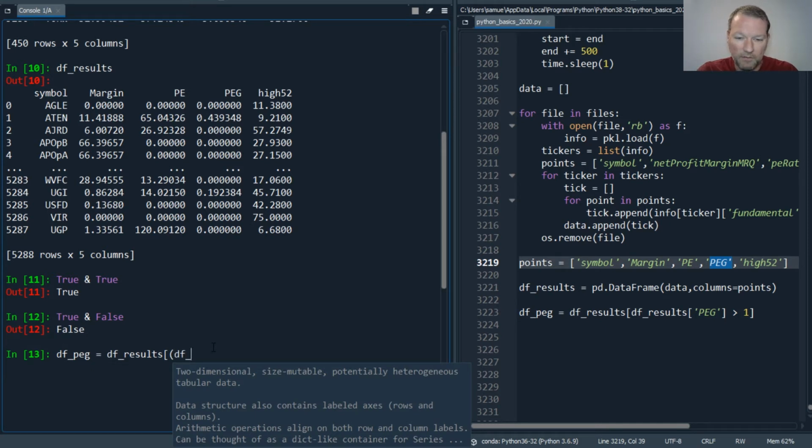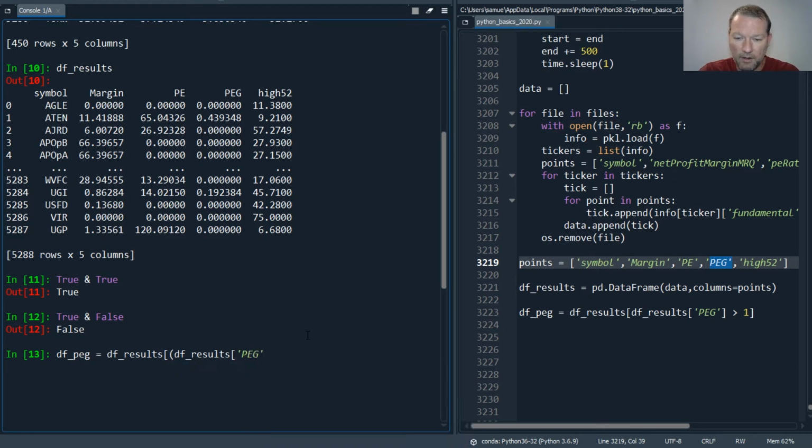So df results, then we pass it in just like this. This is how we're passing in our multiple series. So then peg, capital, I have my peg capital,